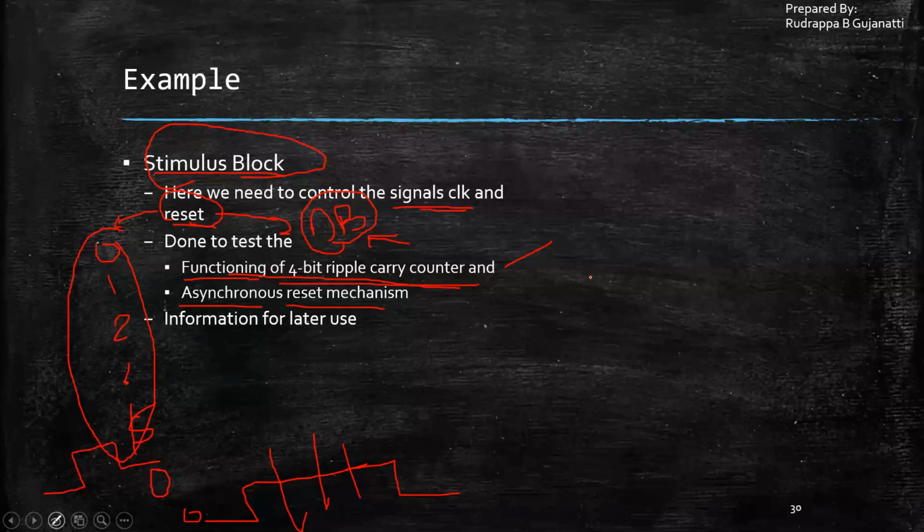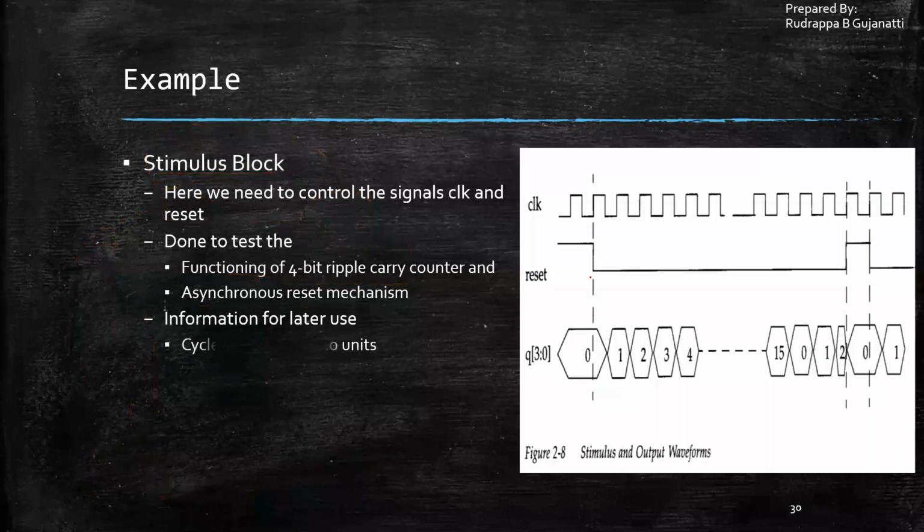So that is what you are trying to achieve here. Now we have some related information over here, which is useful in the coming 4 slides. For the next 1 or 2 slides we will just be using this information and we will try to see what happens. So what it specifies is that the cycle time, that is the clock signal, will be equivalent to 10 units. So this is a clock. If you just observe this part, what is present is equivalent to 10 units. Cycle time is 10 units.